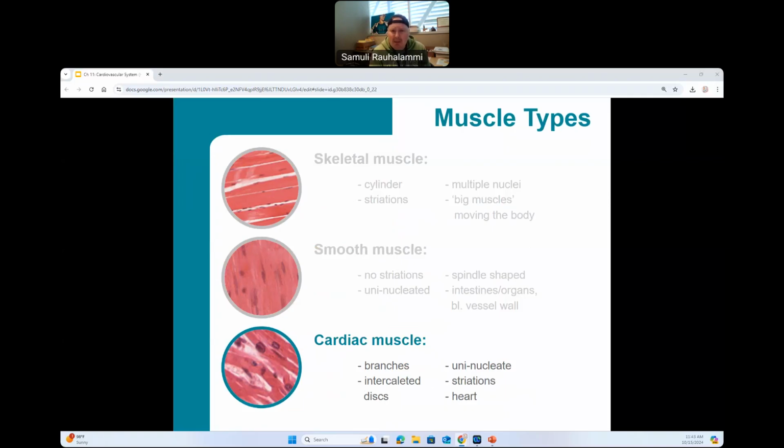We'll talk a little bit more about the branched appearance of these cardiac muscle cells and the intercalated discs. And I also wanted to mention that obviously we will see cardiac muscle cells only in the heart. So no other part of the body will have this type of muscle cell. And these are obviously involuntary cells, so they function autonomically. But let's unbundle a little bit more what I wanted to say about the cardiac muscle cells often being highly branched and having these intercalated discs.